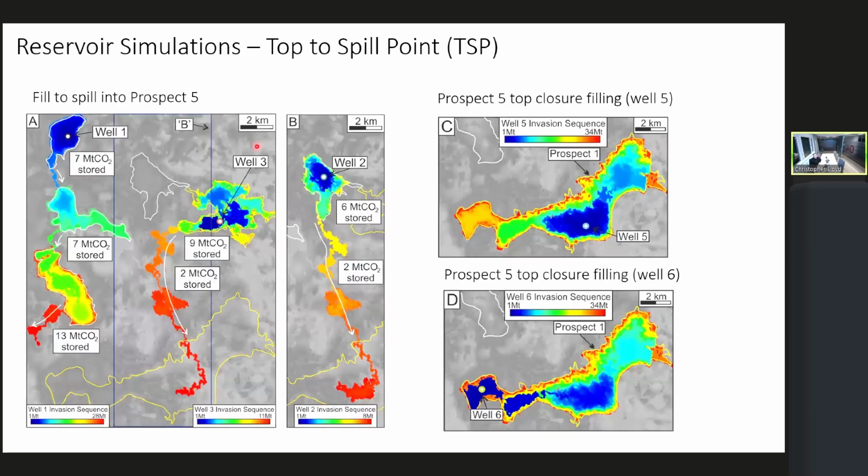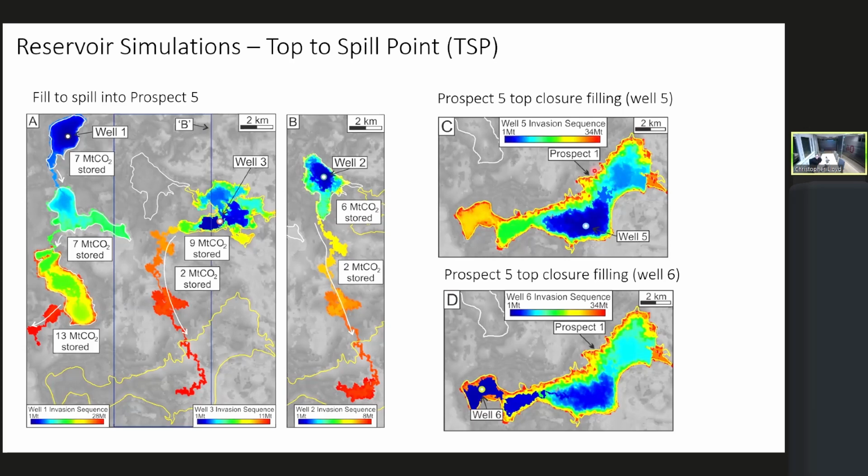So then the other study was to actually inject CO2 near the top of the aquifer. So now we're injecting above the interformational mudstones, and we want to see how much CO2 can be stored that way. If I start with the ones to the right, we changed the well location just to see the invasion sequence, but it showed that we could store 34 million tons in the top to spill points of the